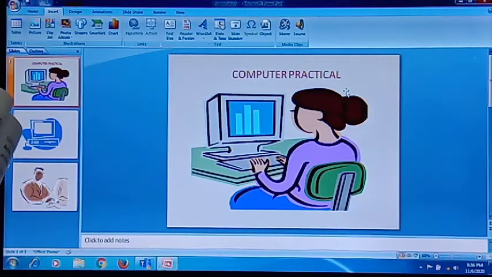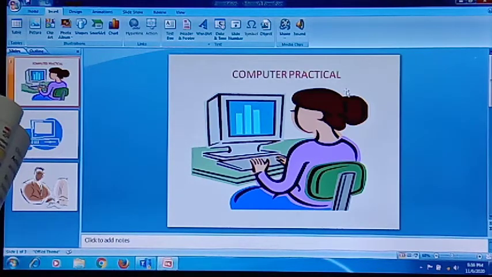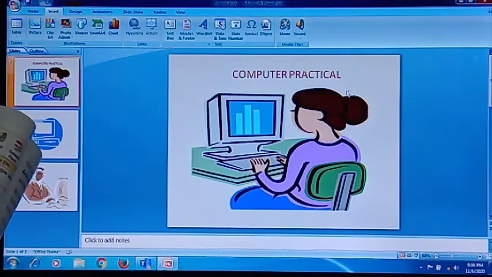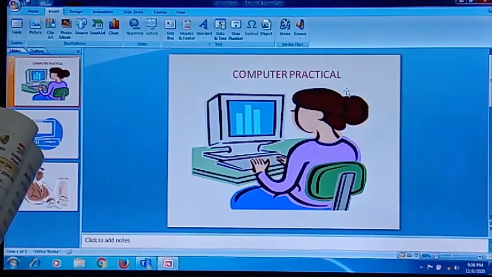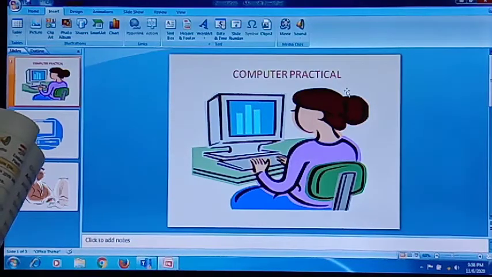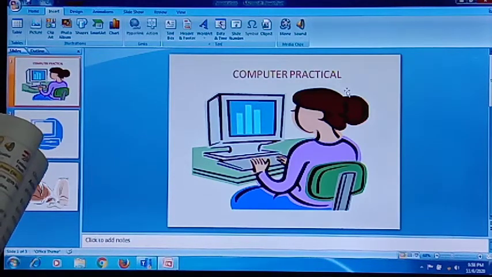Action buttons are built-in shapes. Please underline that. Action buttons are built-in shapes with which you can add a presentation and set a link to another slide. So an action button is a built-in shape with which we can add a presentation and set a link, and we can also create a link from one slide to another slide, or we can play sound also, or perform some other action also. You can also assign actions to clip art, pictures and text graphics.